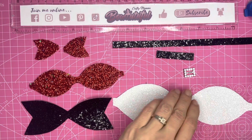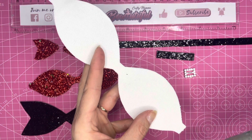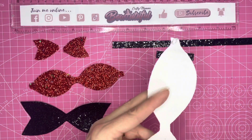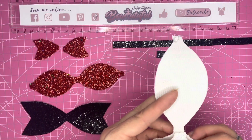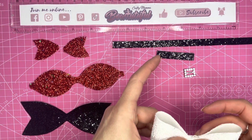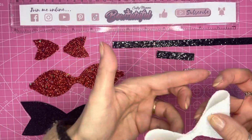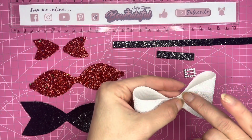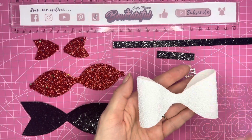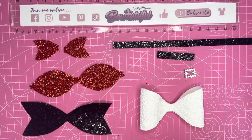So I always start with the larger loops. I like to put the glue on the tab ends first. And I'm just using hot glue, and then I bring those in to meet up in the middle. I do like to leave a slight overlap from the front side, so as you can see this is the front, I've got it upside down, I've got a slight overlap so that when I flip it over you can't see any of the underside of the bow on this side. So that's the larger loops,